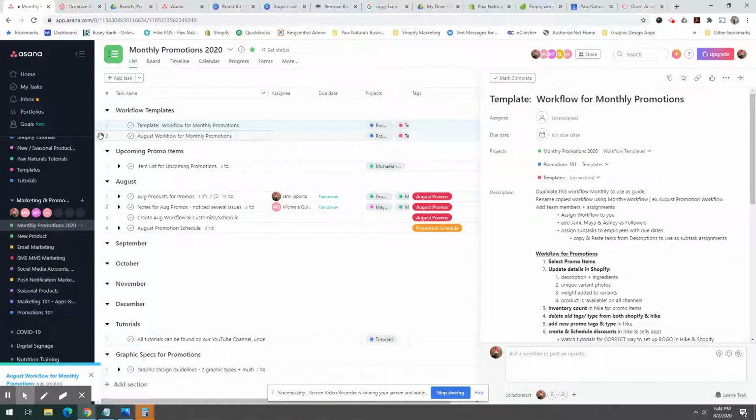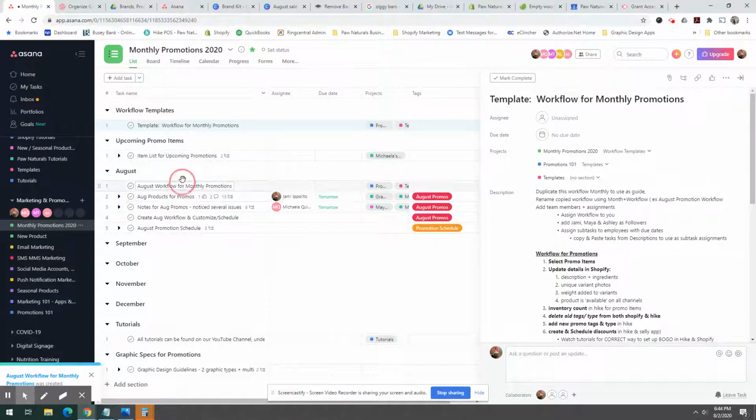We're also going to drag it down under August promotions, okay? So it falls under the correct month. And I created months for the rest of the year. We want to be doing this so we can organize and find things relatively easy, okay? And keep everything for August under August. So let's say we duplicated this, and now